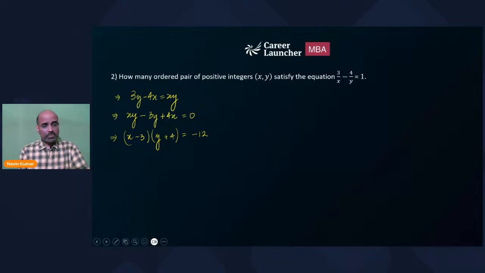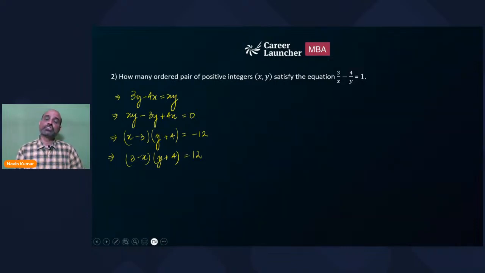Now, completely your choice if you would like to keep this as such, or if you want to change that minus 12 to 12. Okay, so completely your choice. I will be doing that. If I make this as 12, so instead of x minus 3, I'll prefer 3 minus x. Okay, not changing the sign of y plus 4. Negative, we are not good with that, right? Okay. Now looking at this,